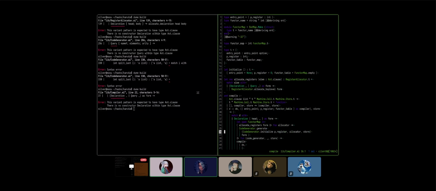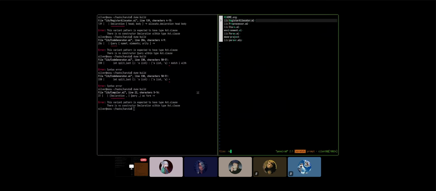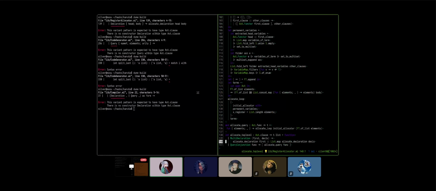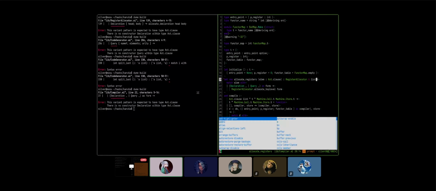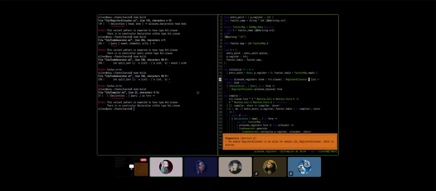Okay, line 22, this one. Yeah, most of them are wrong, so probably allocate top level. Oh, it's the one that we were debating before. This one. Yeah, this takes a clause and returns a T list. So this takes a clause and it needs to return a T list. Yeah, but the 22 is still wrong.